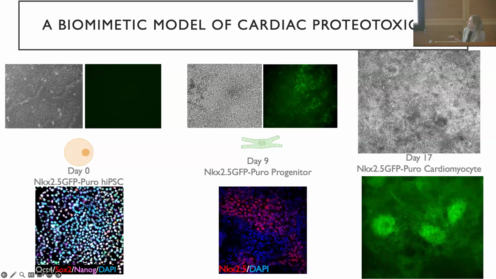So this is a quantification of deposition: the mean volume of TTR as a function of the volume of myosin. And you can see that if we treat with monomeric TTR at a concentration of 20 micromolar, we get a lot of deposition, not much so in the wild type. And to give you a sense, the physiologic concentration of transthyretin is about 3 to 7 micromolar, so that's somewhere in this range. We don't know what the actual toxic concentration is. So I showed you the image of those fibrils.